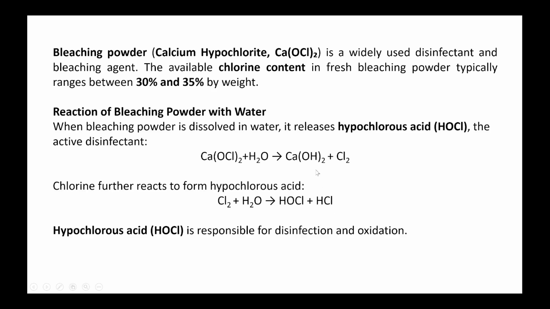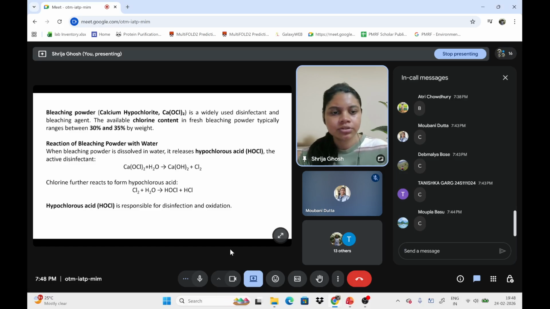If you have experienced it, when you dissolve bleaching powder in water, it becomes hot, because all these reactions release a certain amount of heat. Hypochlorous acid is the active disinfectant that causes the disinfection and oxidation of organic matter. Okay,